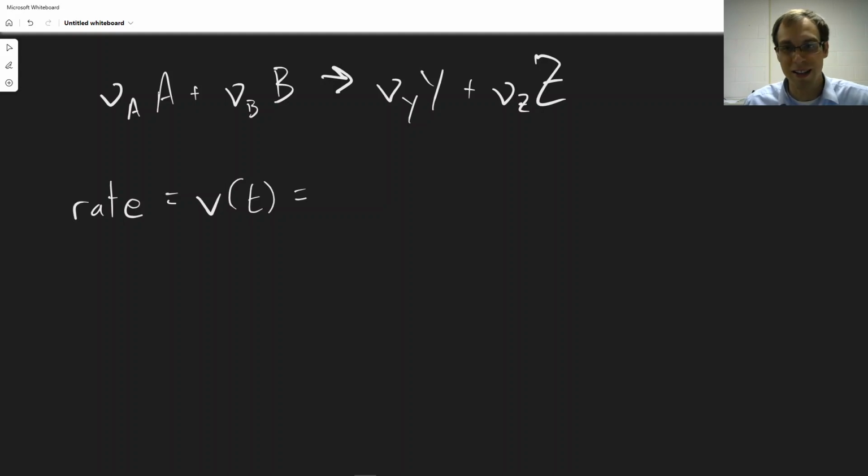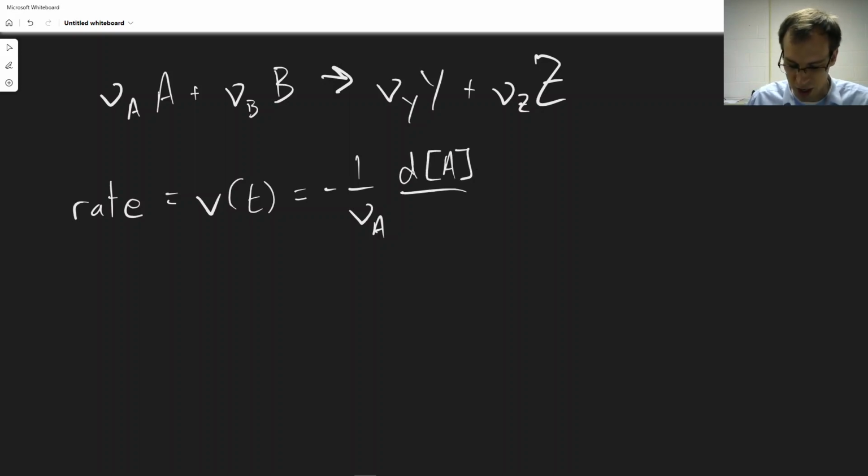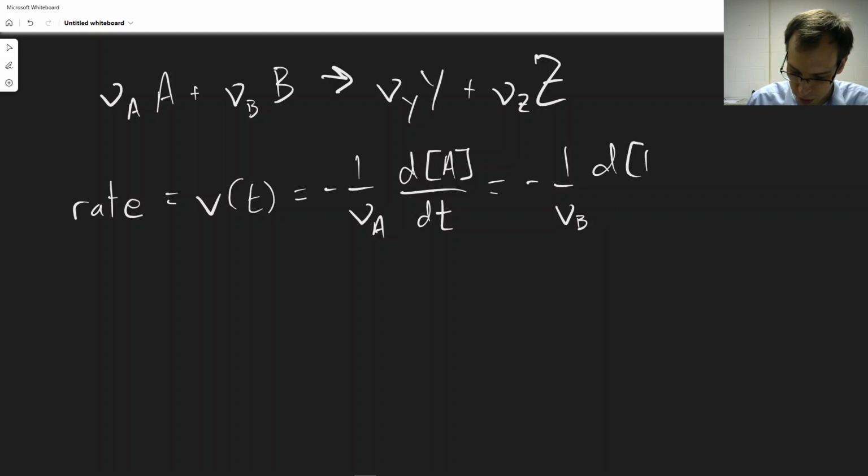So we can look at the rate as the disappearance of A, and we scale it by the stoichiometric coefficient so that everything is being compared equally in the chemical reaction. And a rate of change is a derivative. So we can say this is the derivative of the concentration of A. What's the change in A as a function of time? So d[A]/dt. And we can similarly define this in terms of any of the other species present in the reaction, and we will get very similar